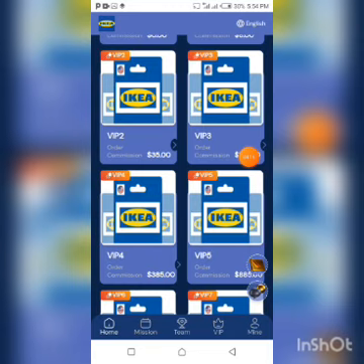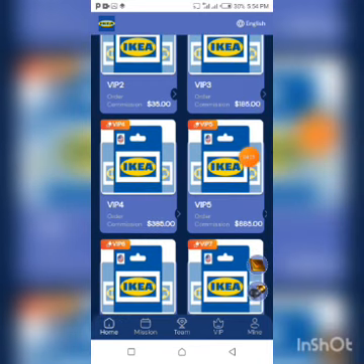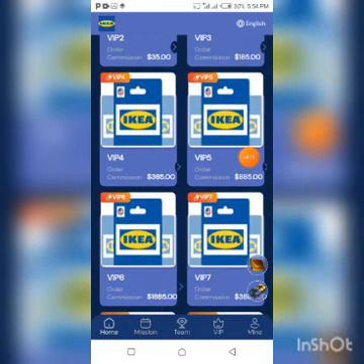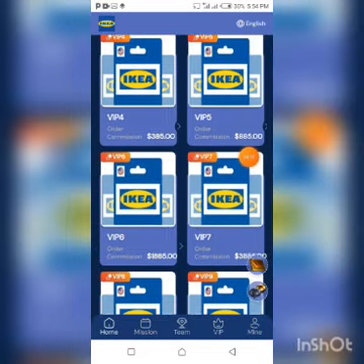For the VIP 4, it is 770. For the VIP 5, 1,770. For the VIP 6, 3,770. For the VIP 7, 7,770. VIP 8, 18,370. And the VIP 9, which is the highest VIP level in the site,